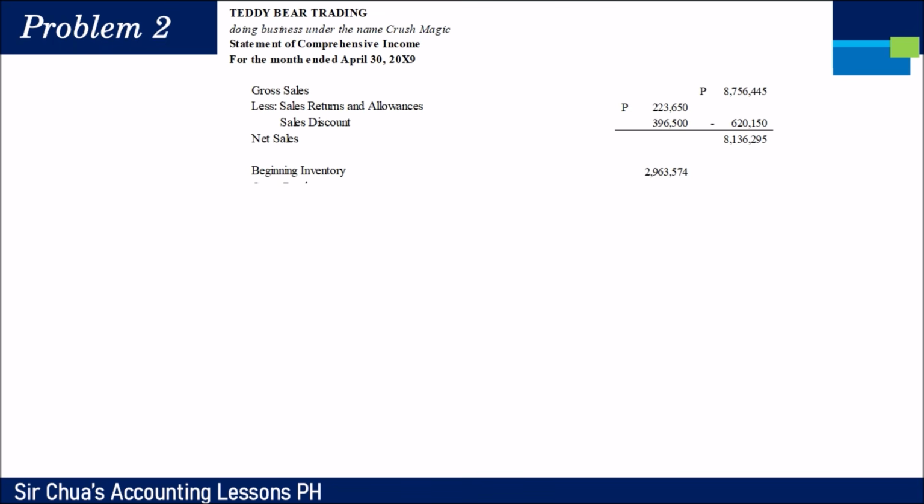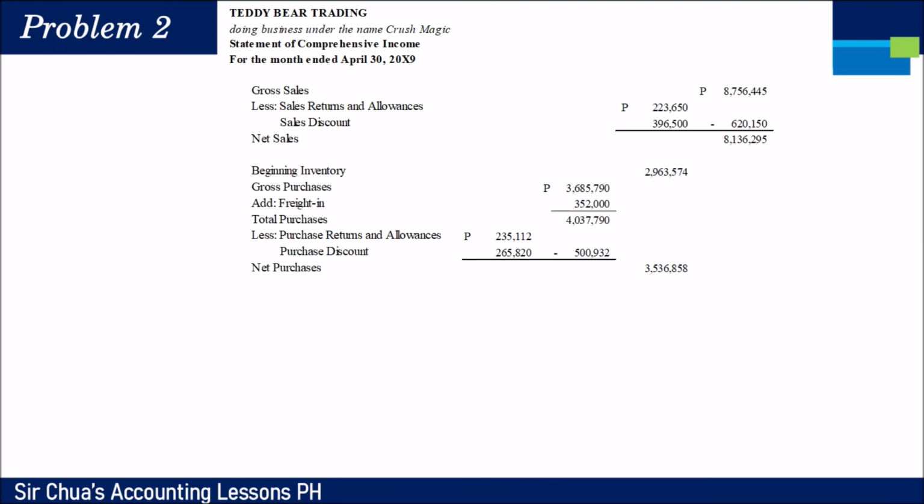Okay, and then you start with your beginning inventory kasi we are on the process of computing your cost of goods sold. So, beginning inventory and then start tayo sa purchases. And then, ang next na nakaka-affect sa purchase is kung magkano yung ginastos mo sa freight. So, mabibigyan ka niya ng total purchases. And then, yung total purchases mo ngayon, ang babawasan natin ng contra purchases mo, which is purchase returns and allowances and purchase discount, for a total of 500,932. Tapos, yung purchases mo na 4,037,790,